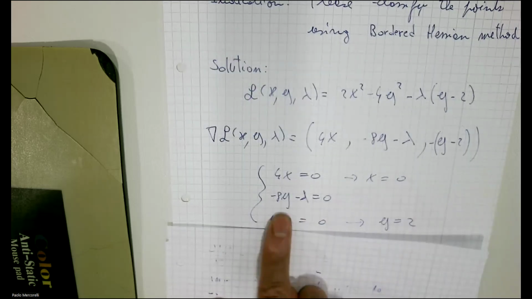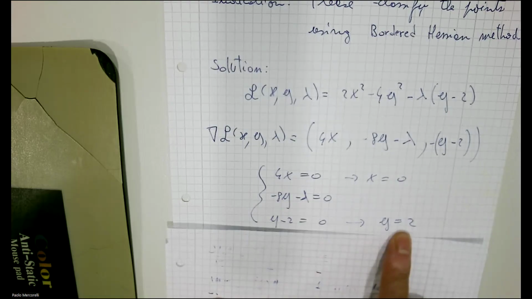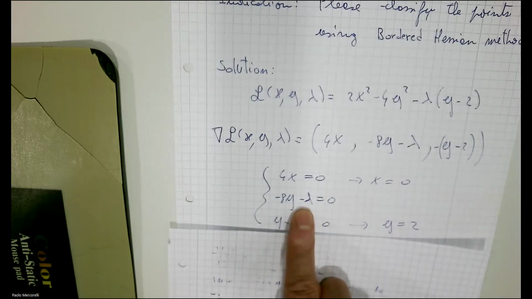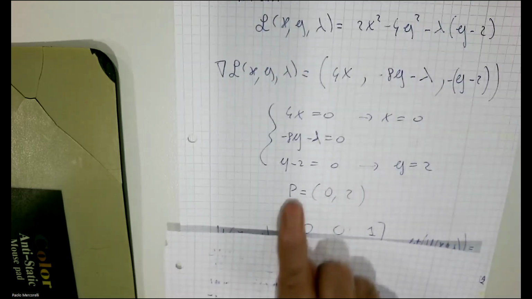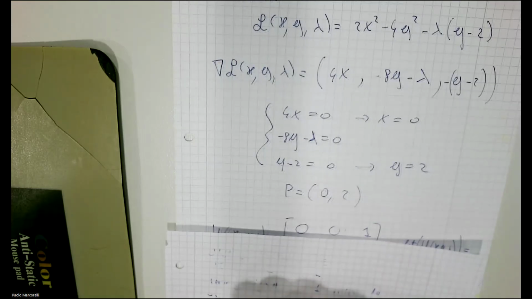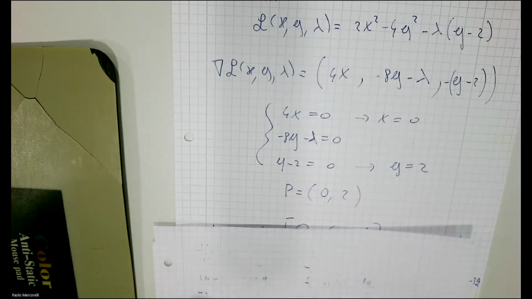This means x equals 0, y equals 2. This is interesting for us because lambda is just a helper variable. This means P equals (0, 2). This is the point. Now we have to classify if this point is a maximum or a minimum, because as in gymnasium, the derivative equals 0